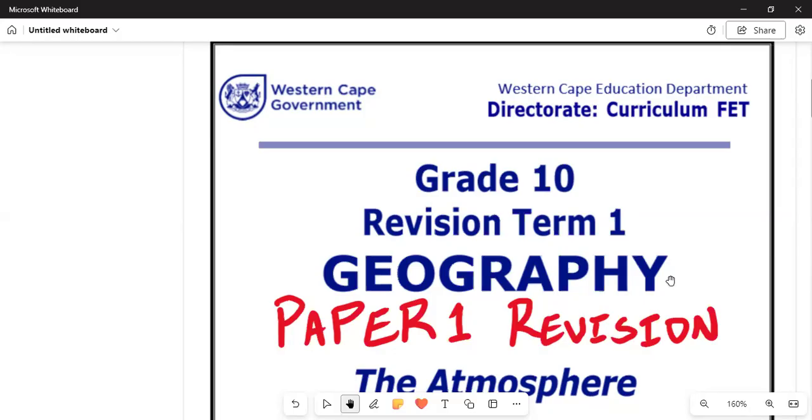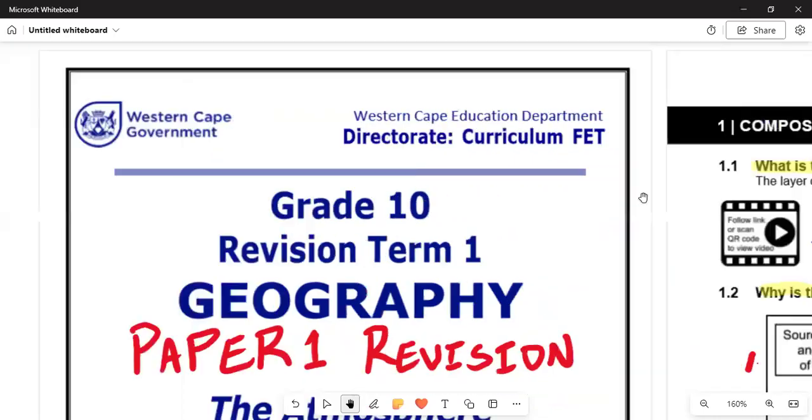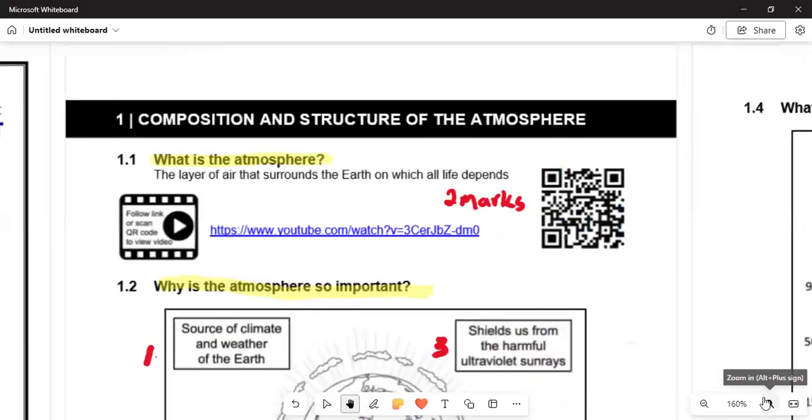As we are about to write the final examination, bear in mind that this is the revision that we have done in term 1, and it's going to be important now, grade 10s, in you writing the final paper 1 revision that you are going to write in November final examination. And then we are talking about the atmosphere. We have made things simple and easier for you, and we are saying good luck to you on becoming the best member.